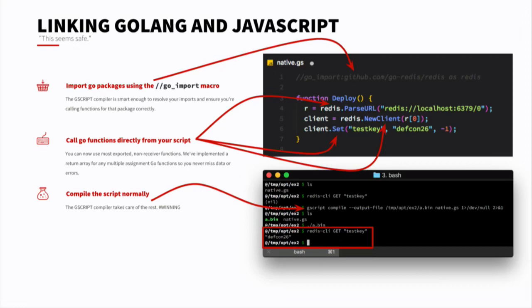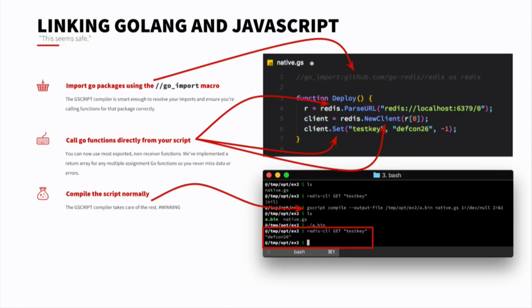So how are we going to interact with Redis in GScript? Well, we're going to import the Go package for Redis. So we import that, and from there, you import it, as you see there, as Redis. That as blank is equal to the namespace within the JavaScript program that you're defining here in your GScript. So on the next one, I called the functions directly. So redis.parseURL is actually an exported function within that Go package, and I can call it just like I would